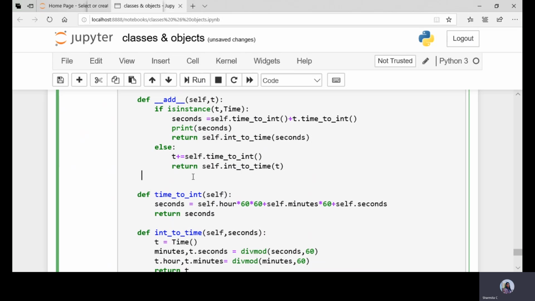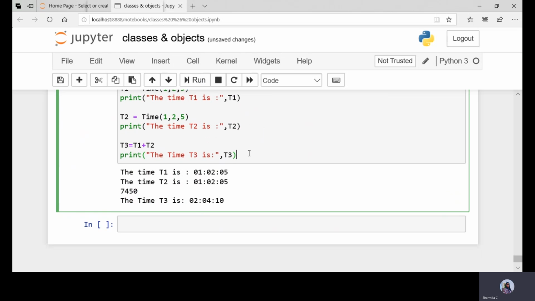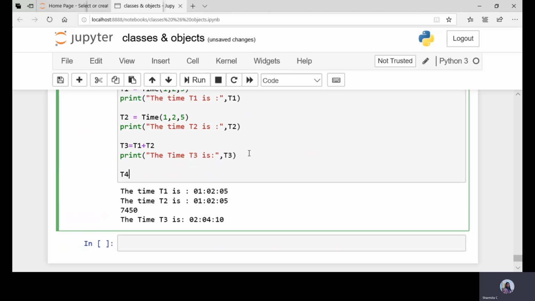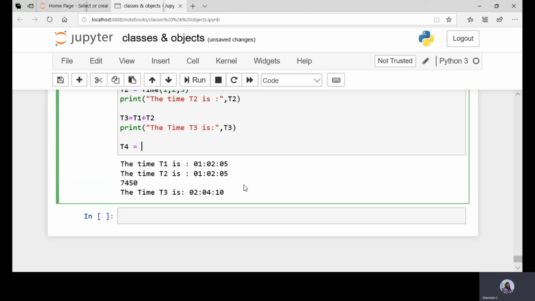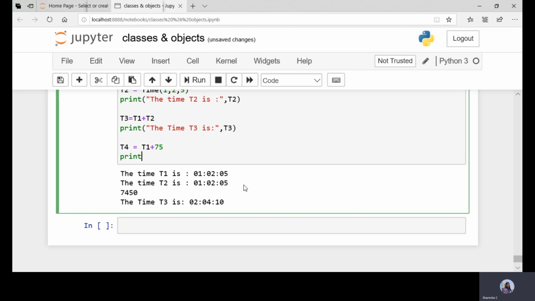Now we'll take up the second scenario. I'm taking T4 equals T1 plus 75. Take T1, that is an object, plus 75. Perform this operation. Then finally print the time T4 is, comma T4.